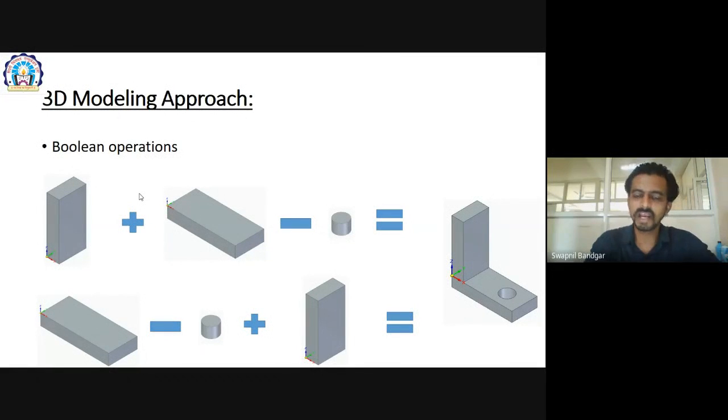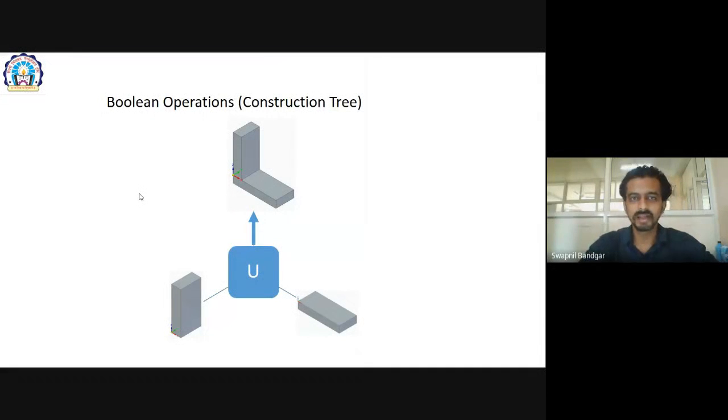Okay, then the second way to store this product is like this. We will first do the difference and then we will make a union of it. Okay, the next example is also saved. You can model this in a construction tree. So this is a union of these two parts, the bottom parts. If you make a union of it, you will get a final part.